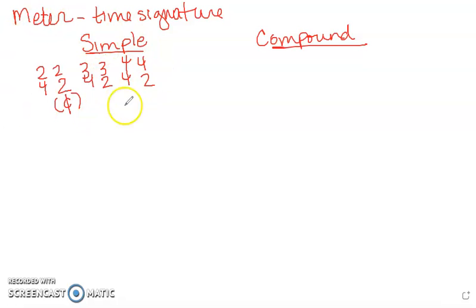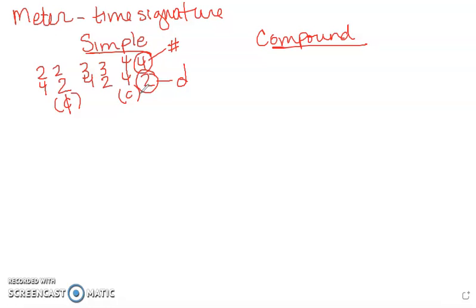In a simple meter, let's just look at the time signatures individually here. The top number of a time signature gives you the number of beats in a measure. The bottom of the time signature gives you the quality of the beat type. So in this case, it is the half note. That 2 on the bottom means half note. If you see a meter signature that has a 2 or a 4 on the bottom, with very few exceptions, and I can really only think of one at the moment, that is going to indicate a